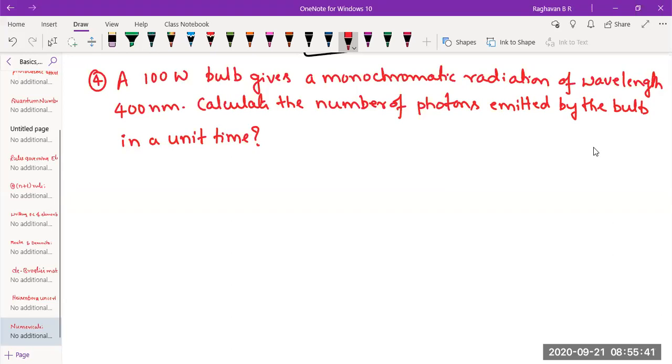Now, you can take the data given in the problem. This you should know, but since you don't know, I am giving it within the bracket. This data from physics, at least you should know: 1 watt is nothing but 1 joule emitted per second. If 1 joule of energy is emitted per second, that can be called 1 watt. So what do you mean by a 100 watt bulb? 100 joules emitted per second.